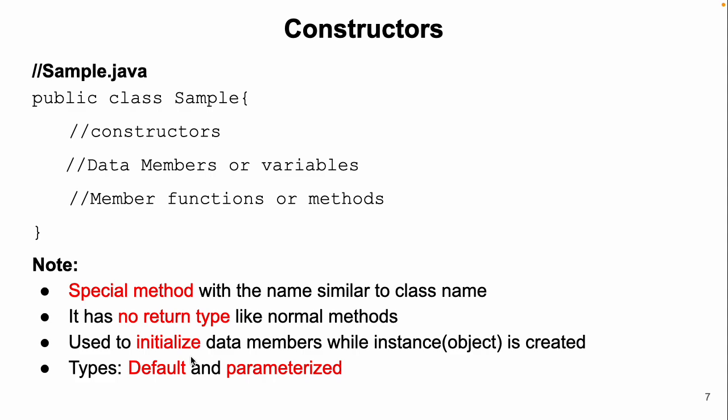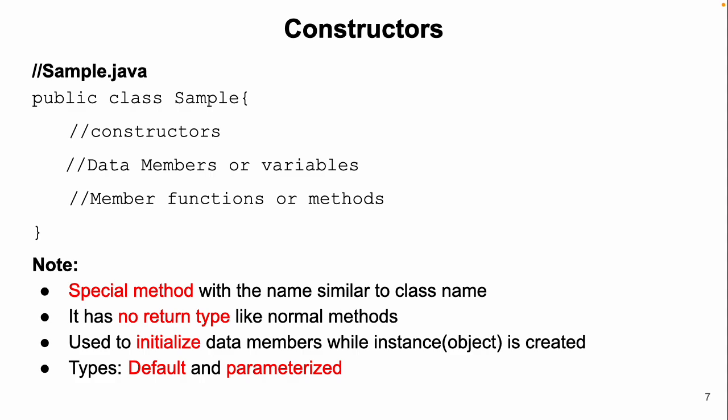When will the object be created? When we use the keyword new. Then there are two types of constructor. One is default and another one is parameterized constructor. Default is nothing but, whether you have defined it or not, the system automatically creates one constructor with no